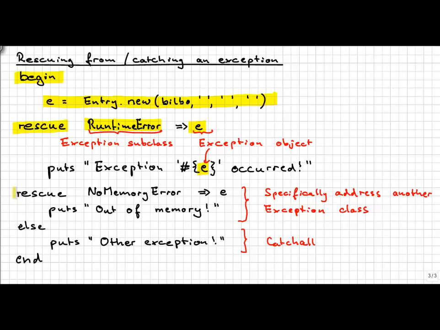You can have more than one rescue block depending on what types of errors you want to catch. So here we're addressing a different exception class, the no memory error, and we can also have catch-alls with an else phrase, which allow us to catch any previously unaddressed exceptions